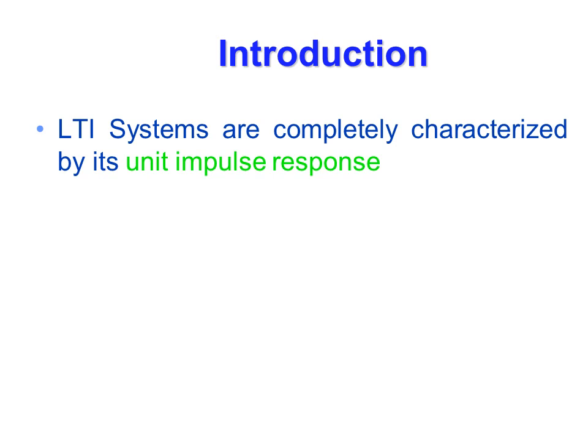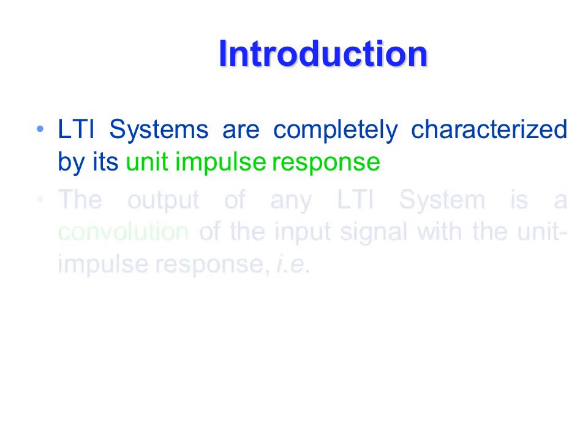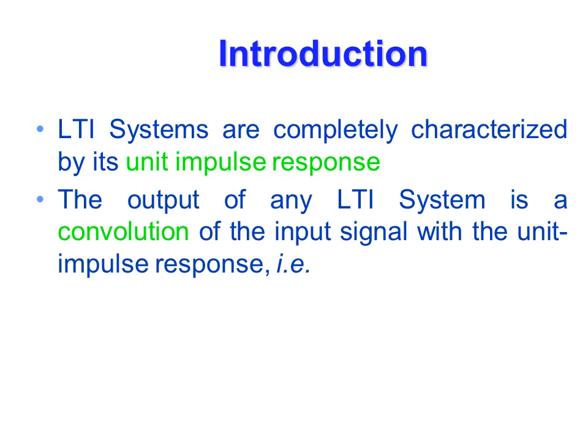A discrete time or continuous time LTI system is completely characterized by its impulse response. These are the inherent characteristics of the typical system, and this inherent characteristic, nothing but the impulse response, can be used to determine the output of the LTI system for the applied input signal. This output can be obtained by the famous mathematical technique, that is convolution integral for continuous time system and convolution sum for discrete time system.